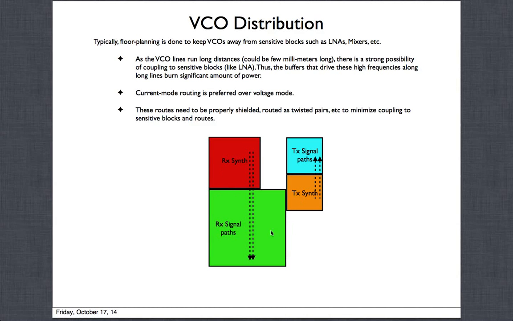So this hopefully gives you an idea of a big chip. How would you floor plan it? How would you put the LNAs, taking the previous example, away from these things, because LNAs are sensitive blocks. We don't want these things coupling and causing lots of DC offset type problems, and a lot of the details that go in here in making these chips work are because of these issues.